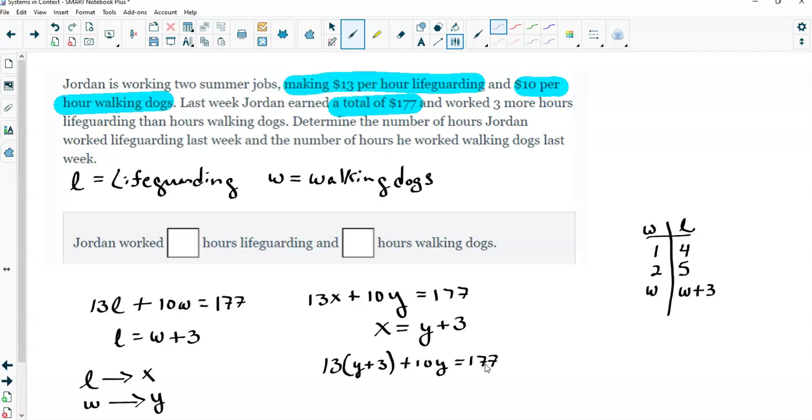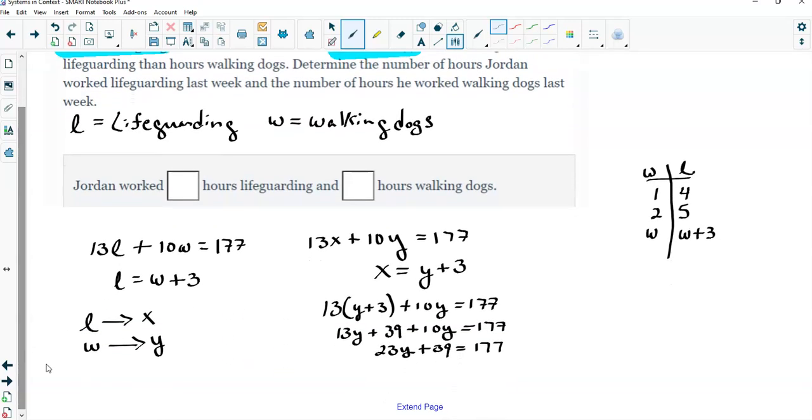So that means that if I distribute here, that would be 13Y plus 13 times 3, that's about 39, plus 10Y equals 177. 13Y plus 10Y, that's 23Y plus 39 equals 177. So that means I would have to subtract